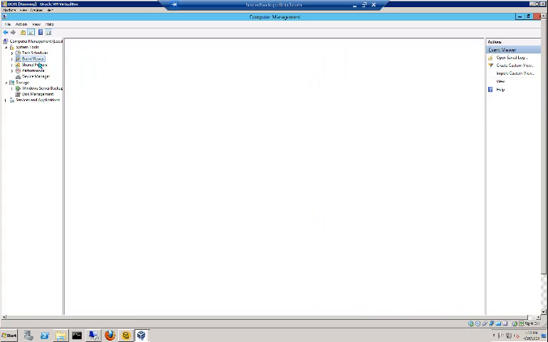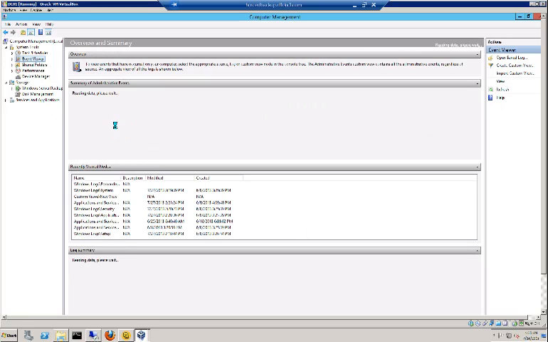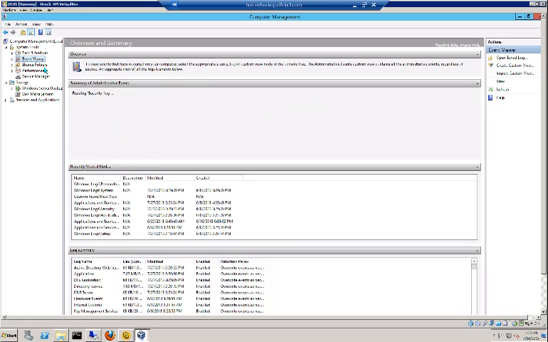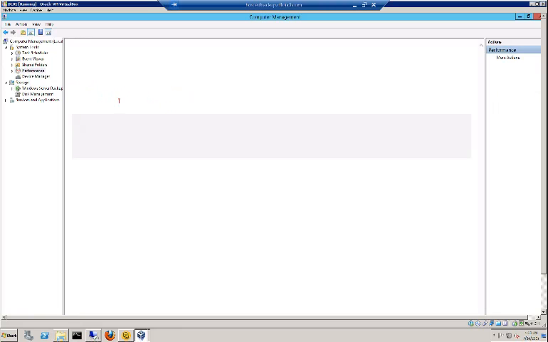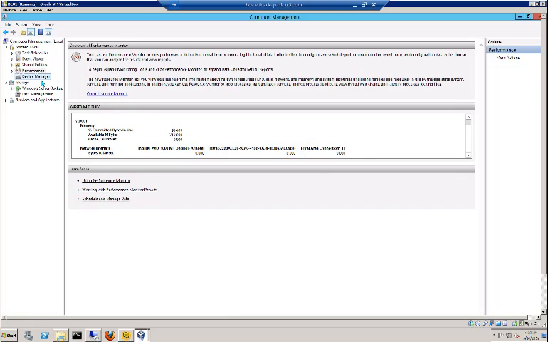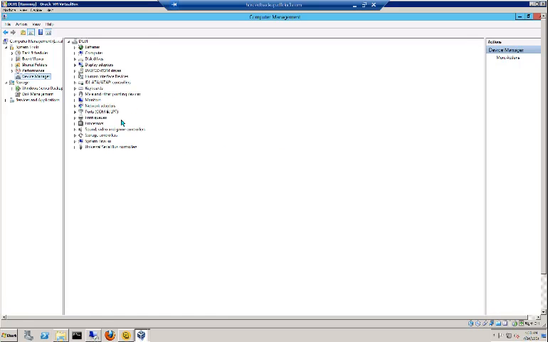can schedule tasks, Event Viewer, where you can see what is going on with the server. There's lots of different events that you can review. You have Shared Folders. Here's another place you can create a shared folder if you choose. Performance Monitor allows you to get an idea of how the server is doing, we'll do a demonstration of that in a later lab. We've got Device Manager, which tells us what devices are installed and whether or not they are